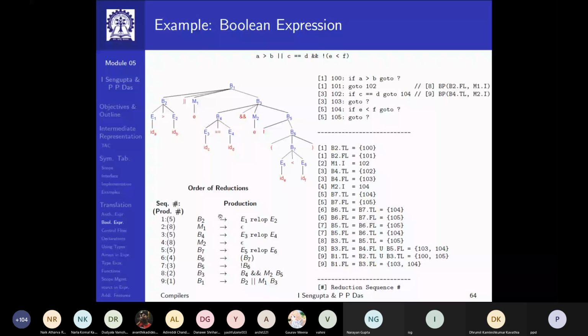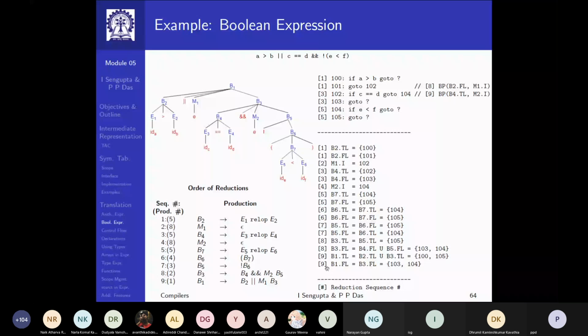Here, these numbers in square brackets are referring to the sequence number here, so that you can see which sequence in the reduction these tuples, these quads, have come from. So you can see that these are numbered 1 to 9, and this is the quad number.